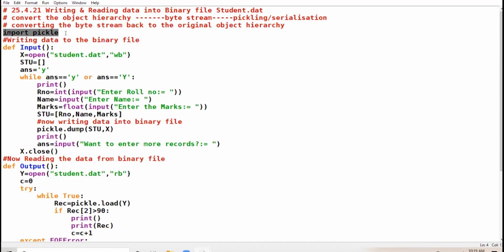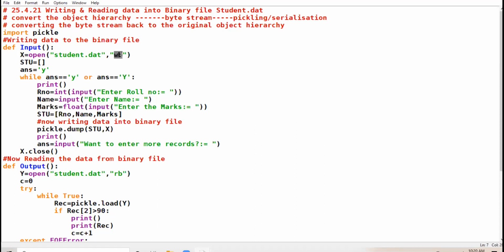All right. Now here I have taken one function input. In this function, I will be creating the code to write data in the binary file. I am opening the file student.dat in writing mode.